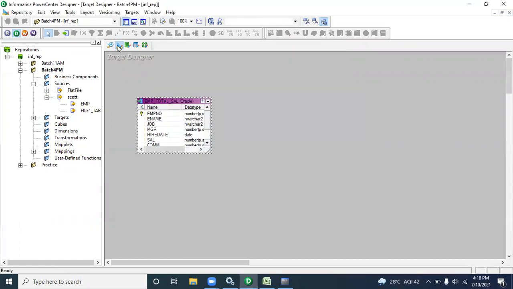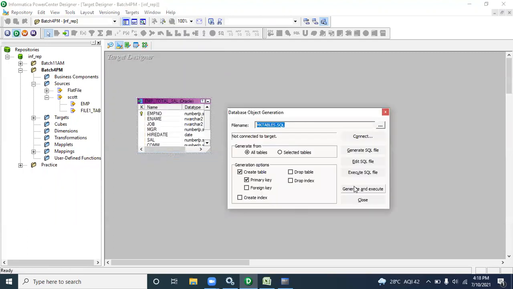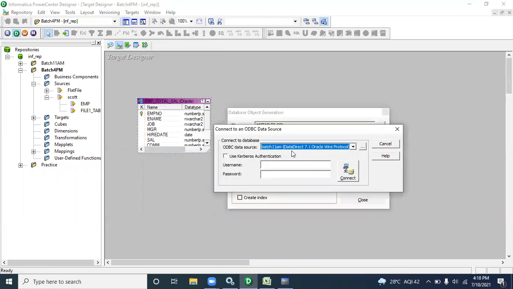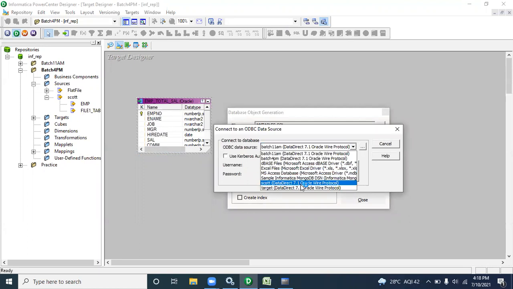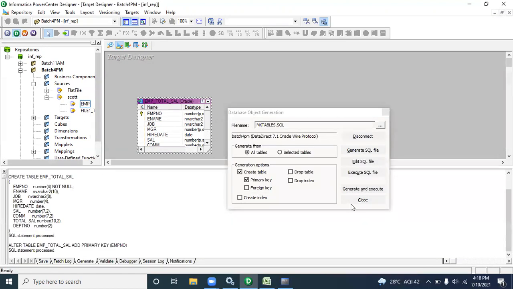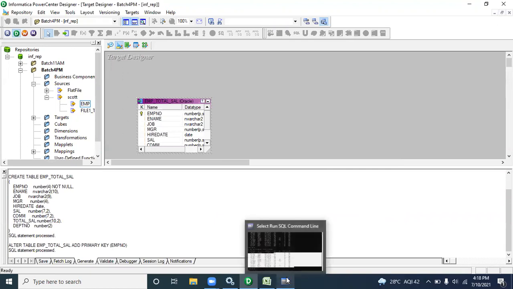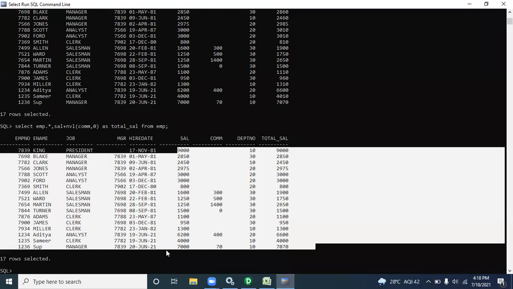In this way you have to create: go to target, click generate and execute, then select your appropriate connection, click on batch 4 and give the password. This is for practice, but in real time the tables and everything are given by the company, and you just have to import the table.